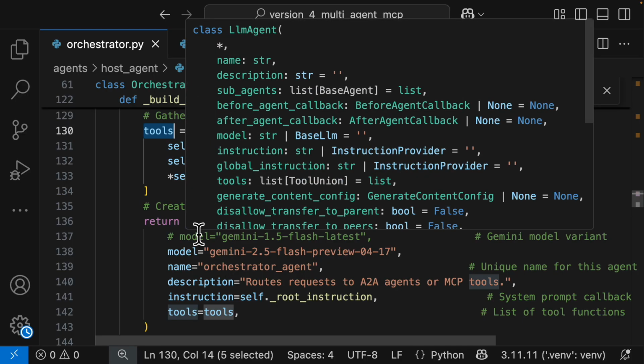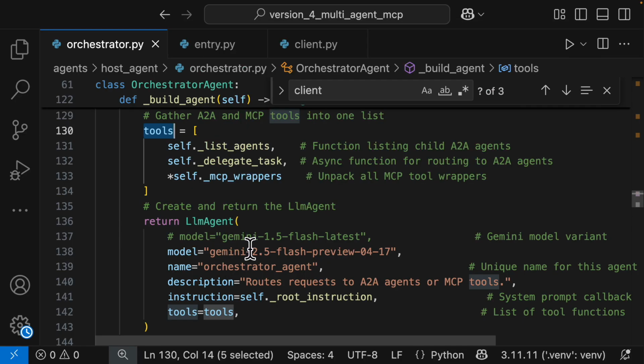One change that I have made from last time is to update the model to a better model, which is 2.5 flash preview 0417. The 1.5 flash is a much older model and it might not be able to handle complex queries where we want to invoke A2A agents and MCP tools in just one single query. But 2.5 flash handles that pretty well, and since this is the flash version, on our free API key it gives us 10 requests per minute as of now,